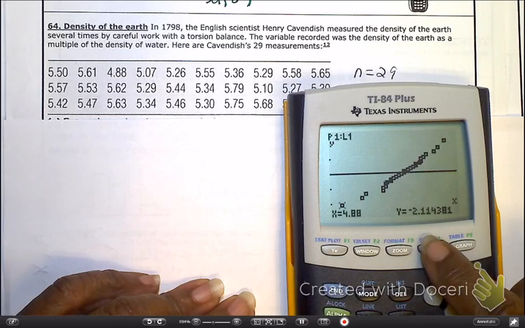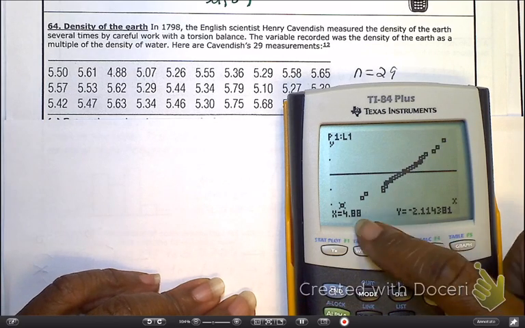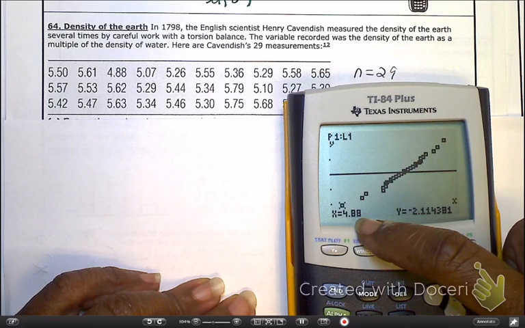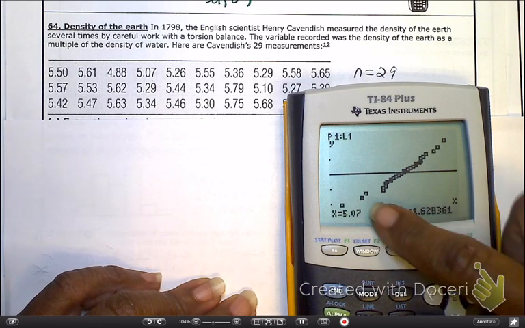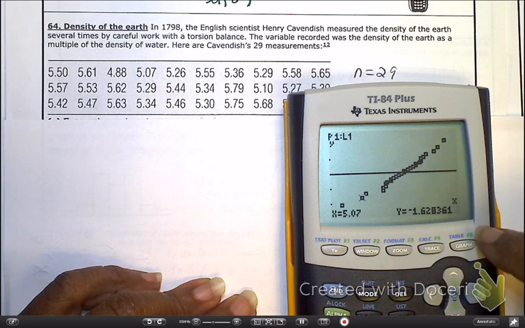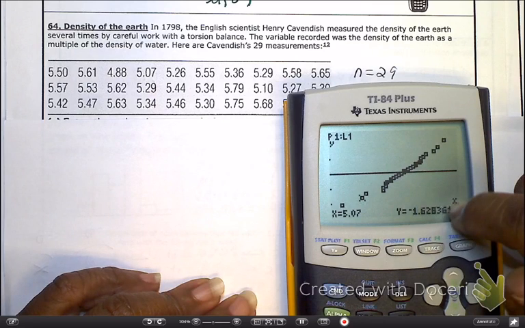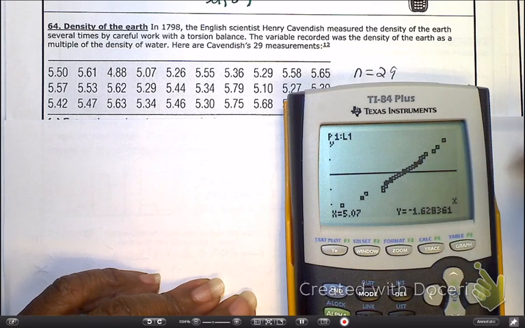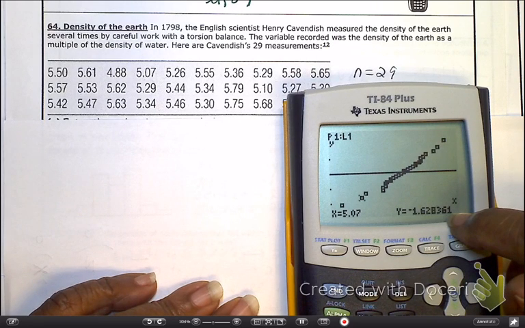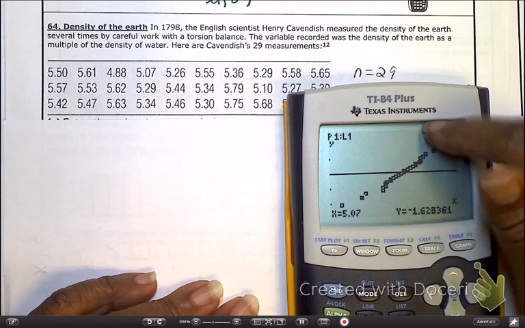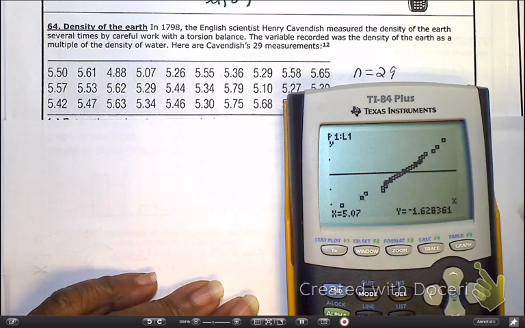You can trace it to see what the values are right here. And this is when the value is 4.88. I keep tracing. Here's when the value is 5.07. And the numbers you see right here are a formula that we don't have to know for the AP test, so I'm not going to even worry you about it. But it's a formula that was able to give us its relationship on the vertical axis. So once we have that,